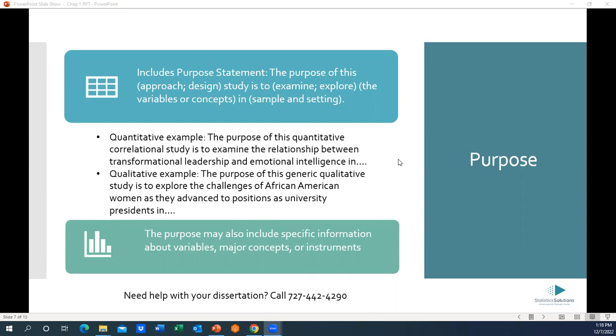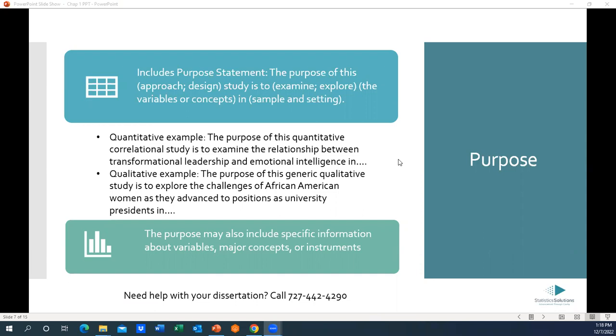So here's a quantitative example. The purpose of this quantitative, that's the approach, correlational, that would be the design, study, is to examine the relationship between transformational leadership and emotional intelligence in whatever your sample is, principals in school districts in the Northeast,